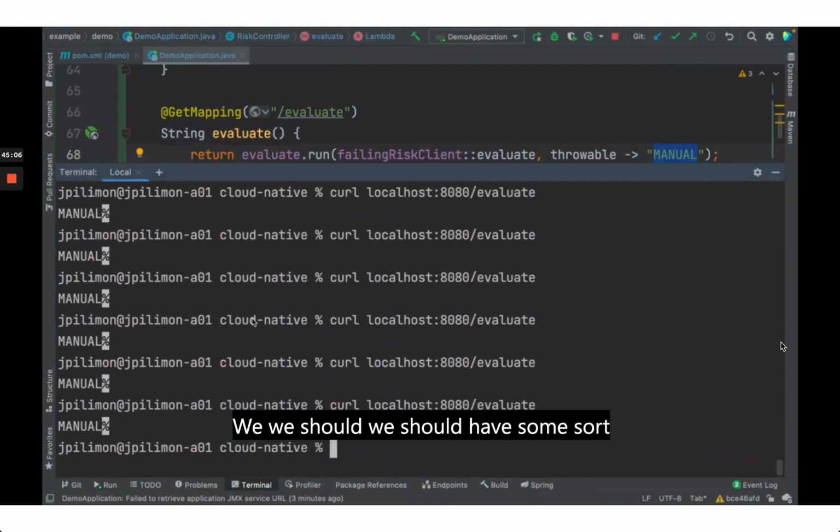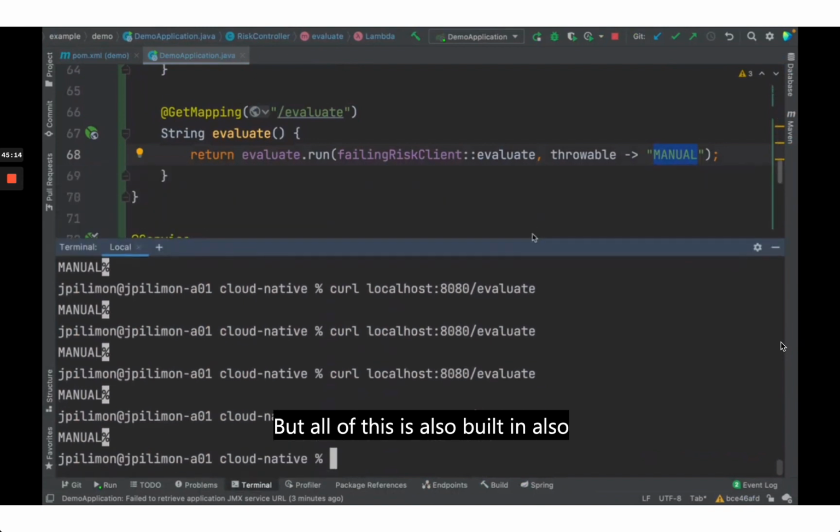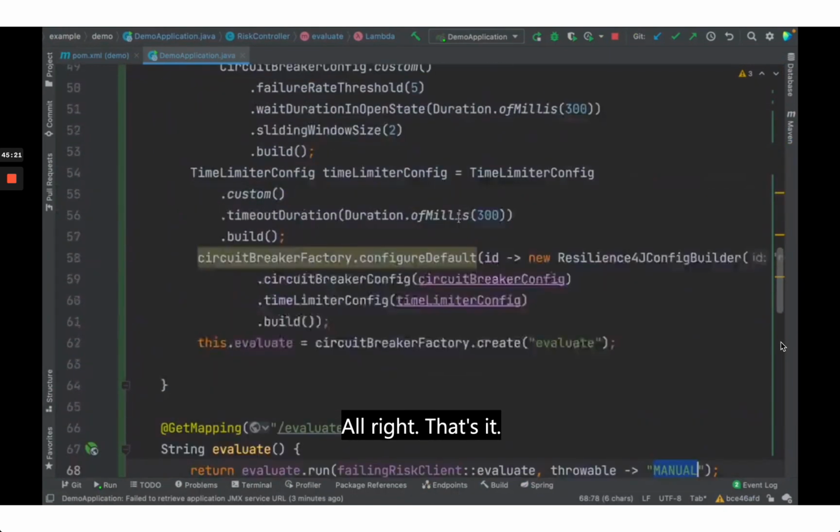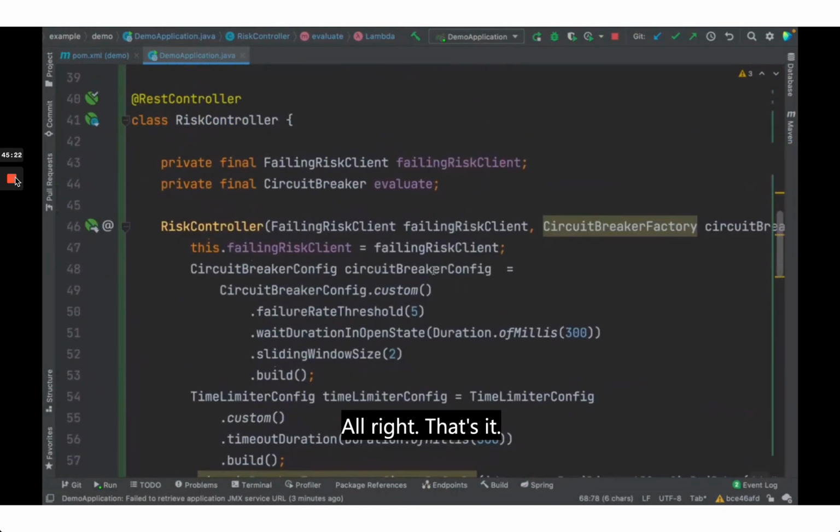We should have some sort of warnings whatever happens if we have some deeper troubles. But all of this is also built in, also with dashboards in the Spring ecosystem. All right, that's it. Hopefully I'm